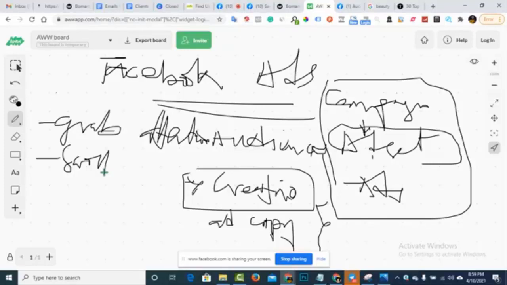You need to understand that Facebook has become so busy. You might be seeing it on your news feed as well: the number of people who are advertising now is crazy. So if you're currently experiencing an increase in advertising costs, that is the reason. Increase in demand leads to an increase in price.